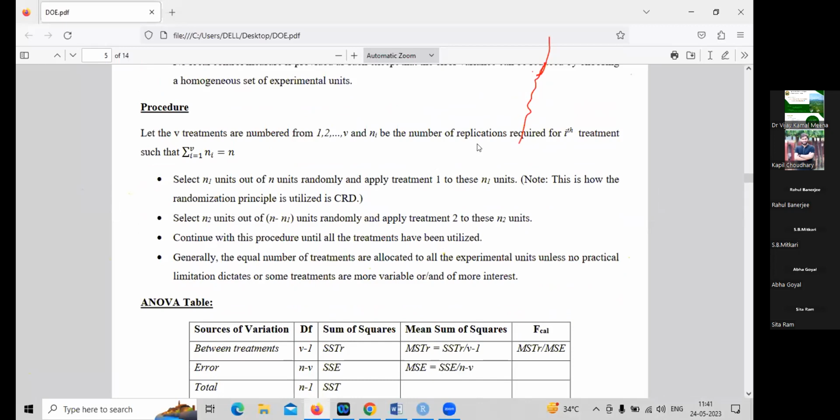इस 15 से मुझे पता है कि 6 ऐसे एक्सपेरिमेंटल यूनिट्स हैं जहां पे मुझे ट्रीटमेंट 2 देना है. सो इन 15 में से देन आई विल सिलेक्ट 6 रैंडमली. अब रैंडमली आप कैसे भी कर सकते हो, यूजिंग रैंडम नंबर टेबल्स कर सकते हो, या फिर आप चिट्स यूज कर सकते हो, या फिर आप कॉइन टॉस कर सकते हो. आप रैंडमली 6 ले लोगे और फिर उस 6 में आप ट्रीटमेंट 2 दोगे. फिर जो बाकी बचा उसमें आपने ट्रीटमेंट 3 दे दी. सो दिस इज हाउ you perform the layout and do the randomization in case of a completely randomized design or CRD design. Okay,